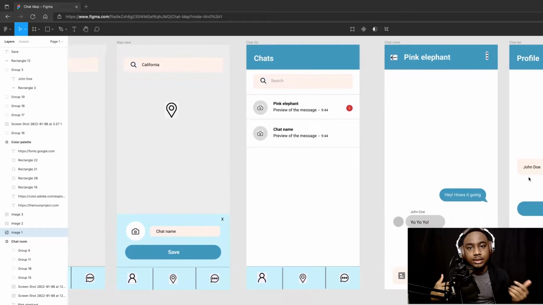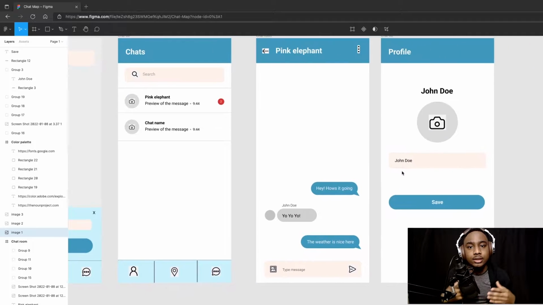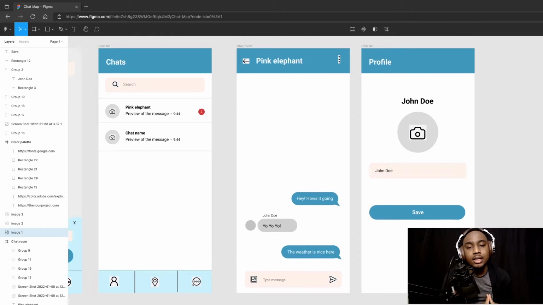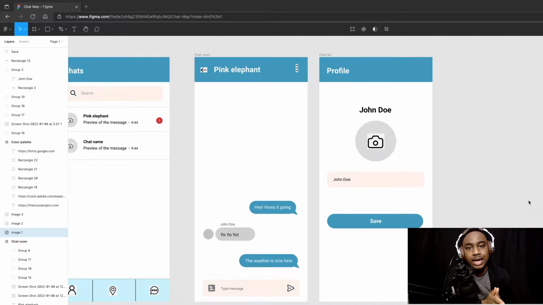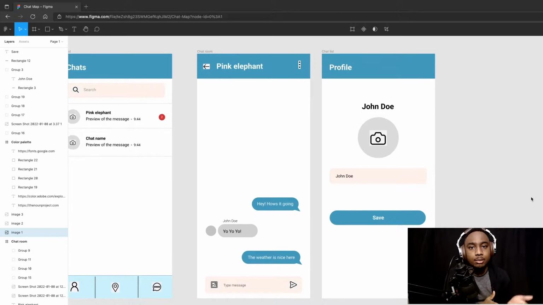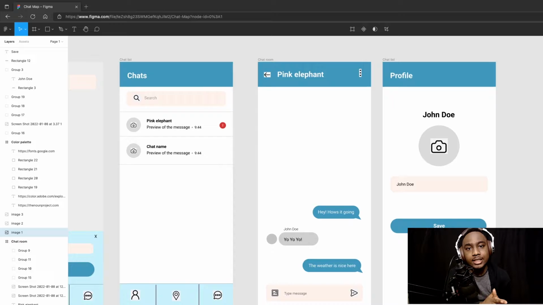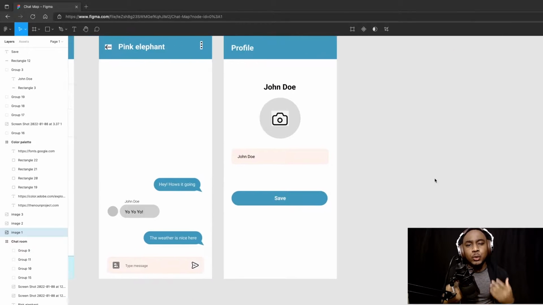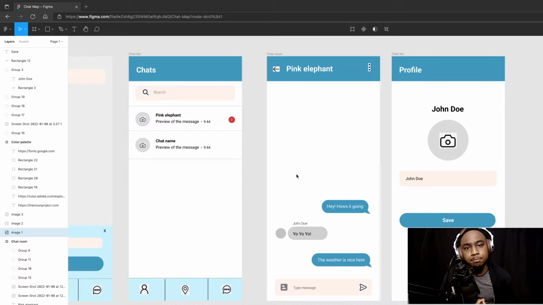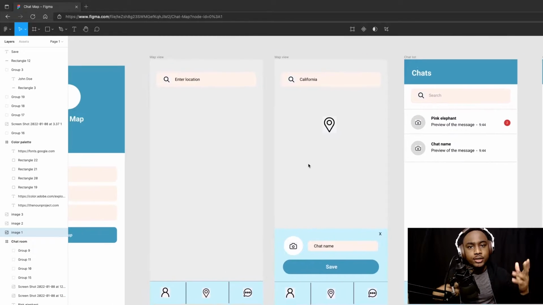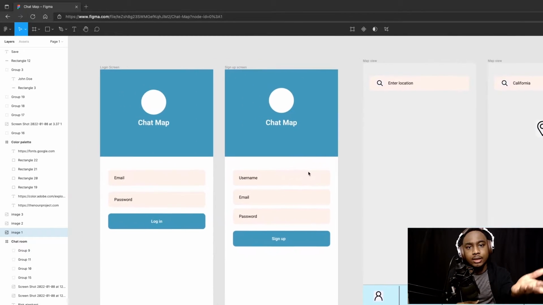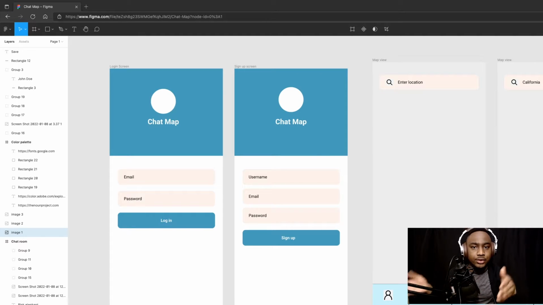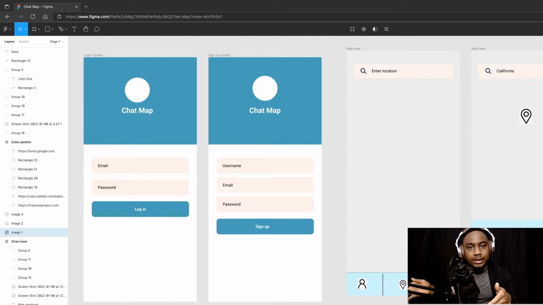Because if you remember in the episode before this one, we did the entity and schema design, and having the user have a username, etc., and profile picture as part of that schema. And so a profile page is going to be necessary for that. I tweaked some of the colors a bit, changed certain parts of where colors were. So you can probably tell based on what we had at the end of recording the video versus what it